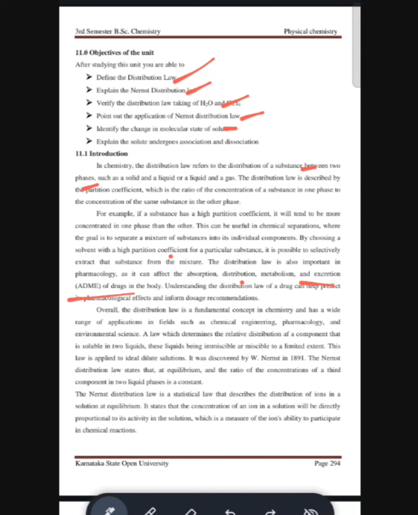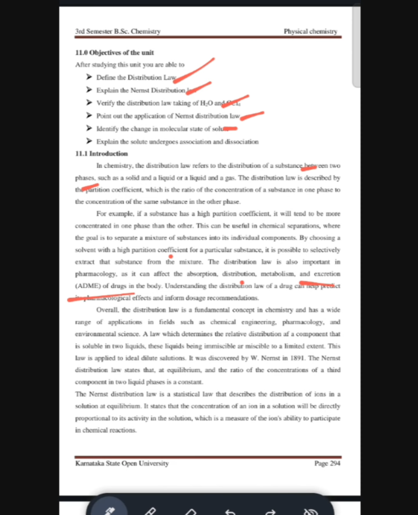How the body will react, you are going to study by using absorption, distribution, metabolism, and excretion. What percentage of the drug gets absorbed, how much of the drug will be distributed in the body, how much it helps in metabolism, and the remaining part of the drug comes in excretion. So these are the methods for the distribution of a drug that we are going to study in the distribution